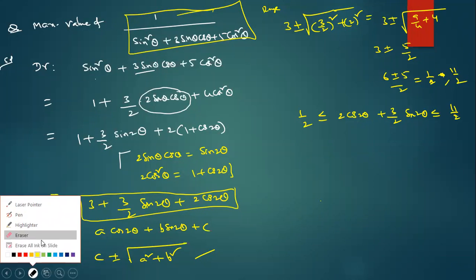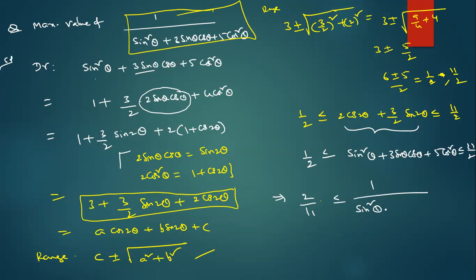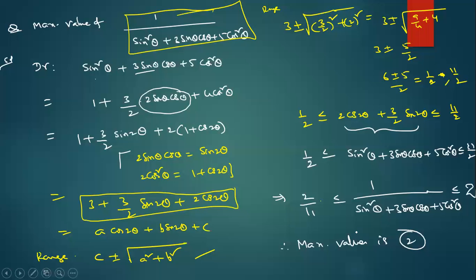Now come to the point. So dear students, what is this? I'm writing, see carefully, 1 by 2: sin square theta, 3 sin theta cos theta, 5 cos square theta. Accepting that value? Now they're asking for the reciprocal. Reciprocal means what is the answer now? 11 by 2 means 2 by 11. 1 by sine square theta plus 3 sine theta cos theta plus 5 cos square theta. Yes, sir, how much, dear students? 2. Now please tell me, what is the maximum value, anyone? 2. Advanced means we can discuss questions like these.